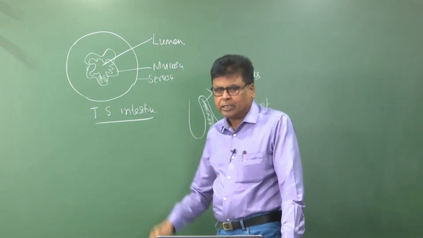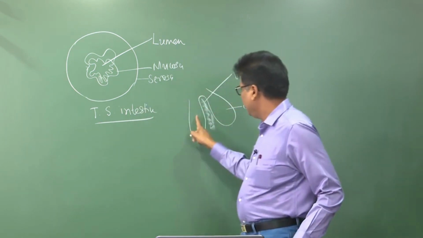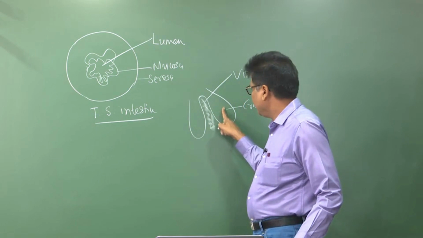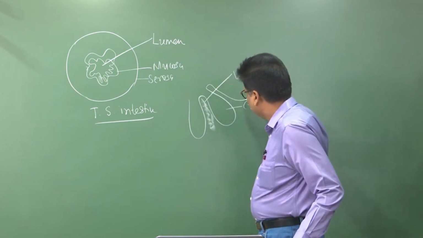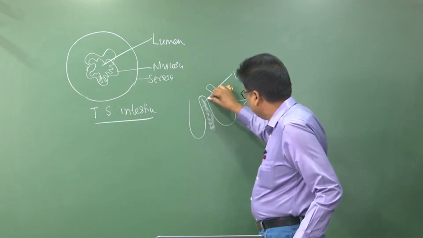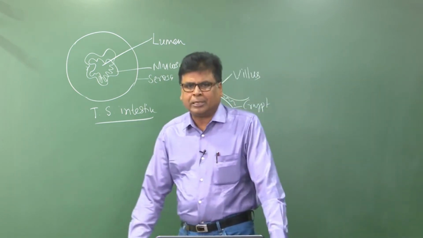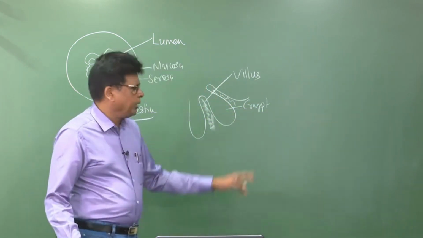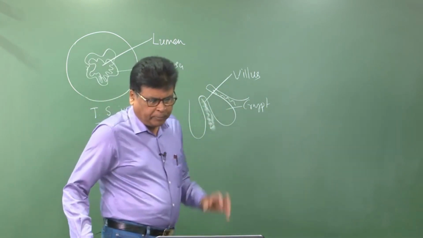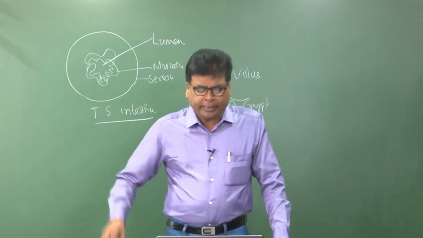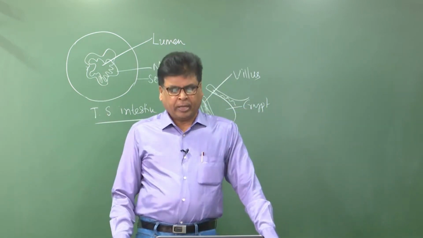So what happens between the villi? This is one villus and this is another villus. In between these two villi there is a depression. Between the villi there are depressions going into the submucosa,